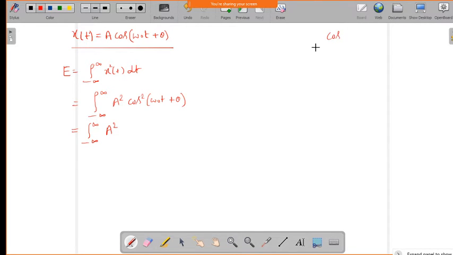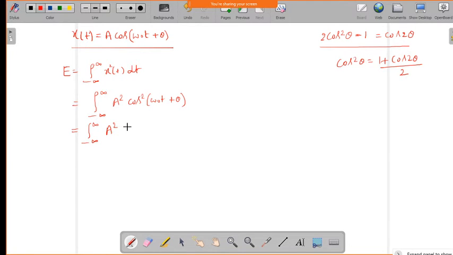You might know this from the trigonometric functions. Cos 2 theta equals 2 cos square theta minus 1. This is a known identity. So cos square theta in terms of cos 2 theta, sending the 1 to the other side, is equal to 1 plus cos 2 theta, divided by 2. That you have to replace here.